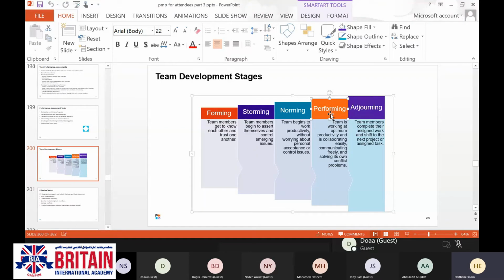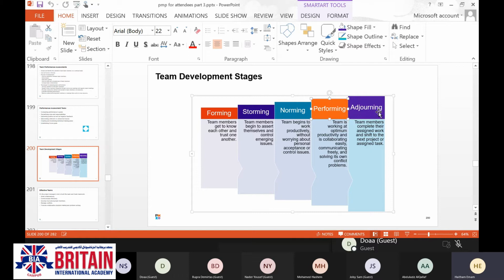Highest productivity level. And the team is going to act as one unit, and they try to solve problems themselves in case they face such a problem. Adjourning. The team has completed the required task. Maybe they are going to be released or they are going to be assigned to a new project or another task.